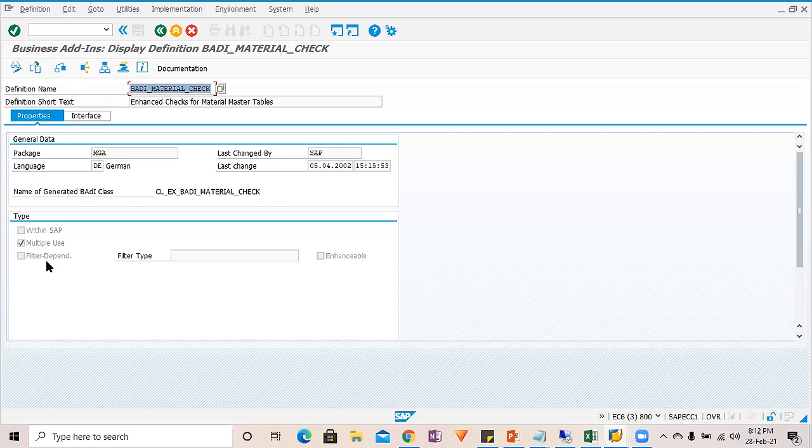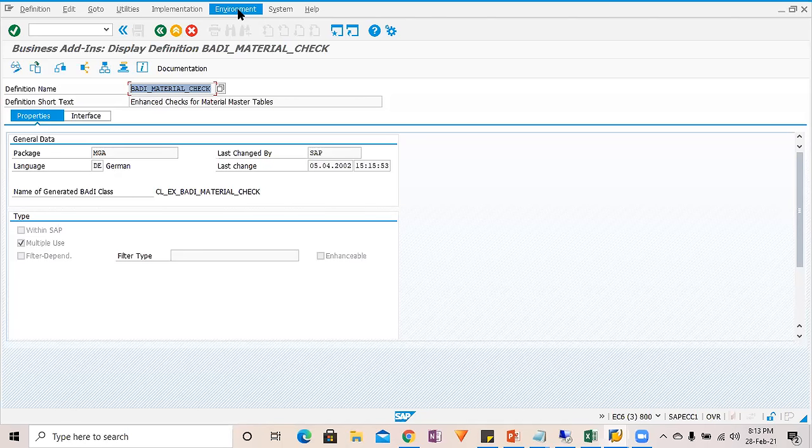If it is going to satisfy, then only that body is going to get triggered. So we will see this one also step by step. Okay, so this is multiple use. If you want to see how many places this body has been implemented by some other person, because this is a multiple use, right? If you want to see how many places this body has been implemented for different purposes, what you